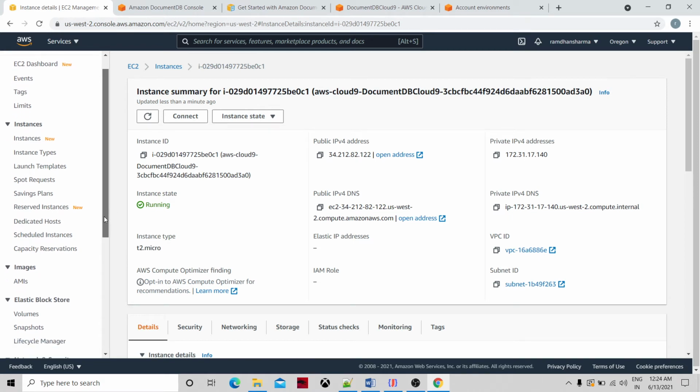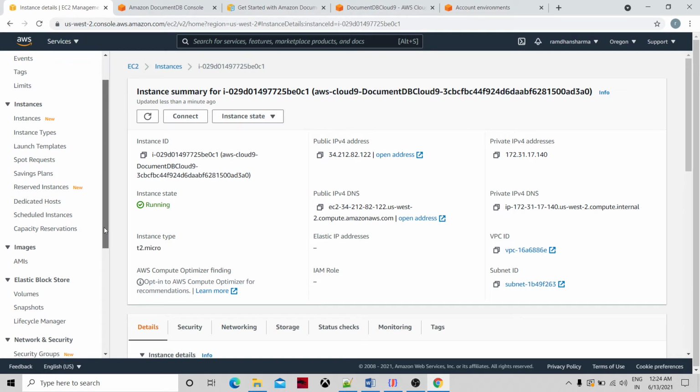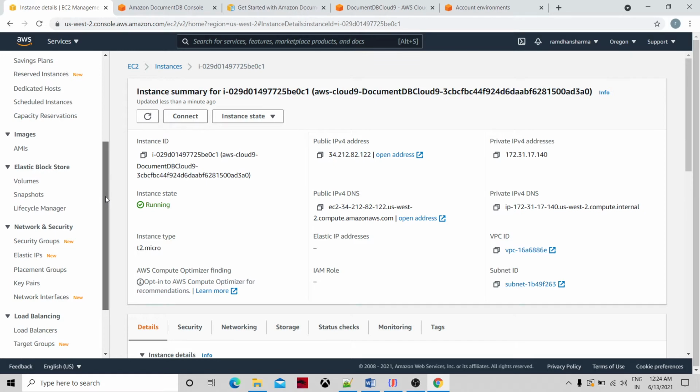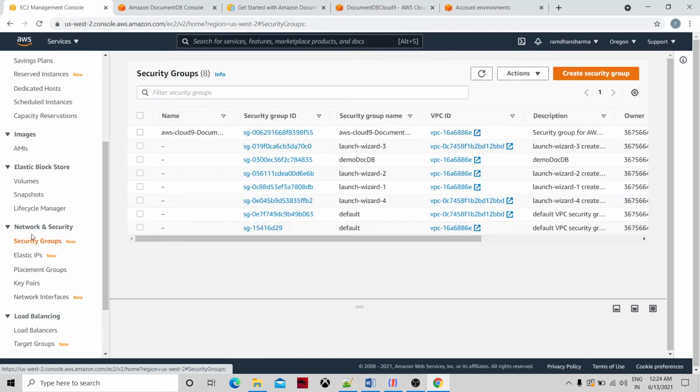Now we have to create one security group to connect the Cloud9 environment with Amazon DocumentDB. We need one security group, which we are going to specify when creating the Amazon DocumentDB cluster, so that there will be compatible port communication.